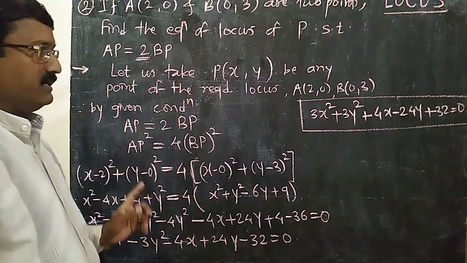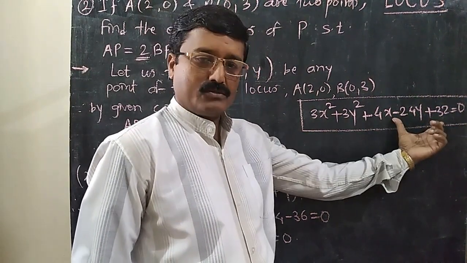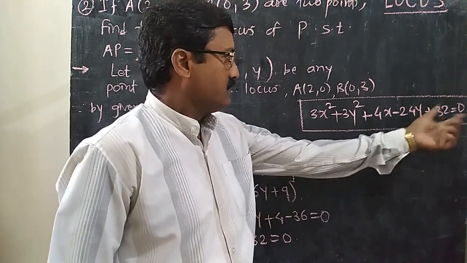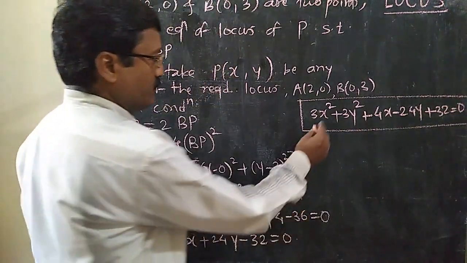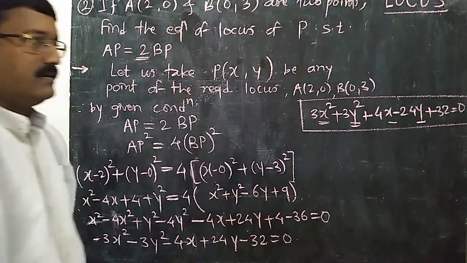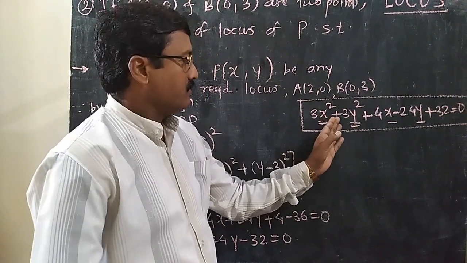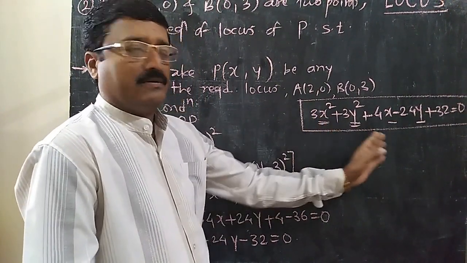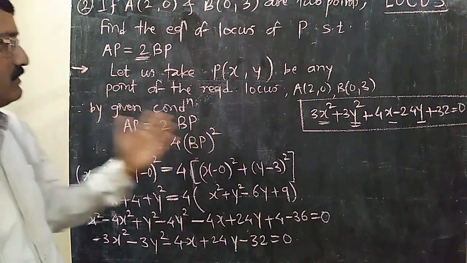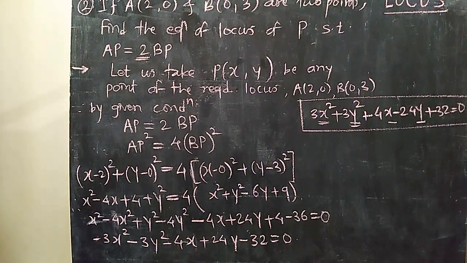In the previous example we got an equation having terms of x, y and a constant only, so in the first example that equation is of a line. But this is the equation of a circle, because we have x square, y square, x and y terms. Observing these terms we can identify the locus. This is the equation of a circle. Let us see one more example.